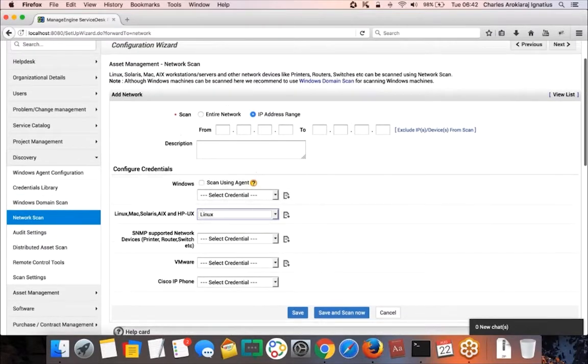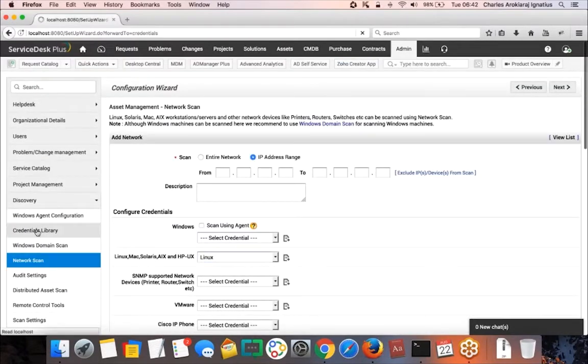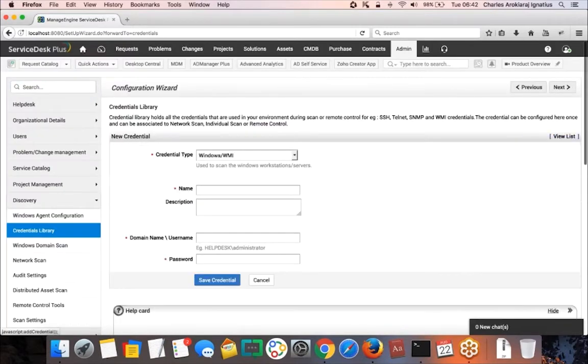For Hyper-V, if you would have noticed, there is no Hyper-V credential that can be added over here, because for Hyper-V, you will have to use the agent-based method again. So you'll have to install the agent on the Hyper-V host, and that's going to scan the machine along with the VM details and send it across to the server. So once these